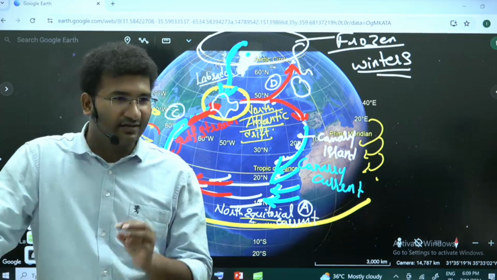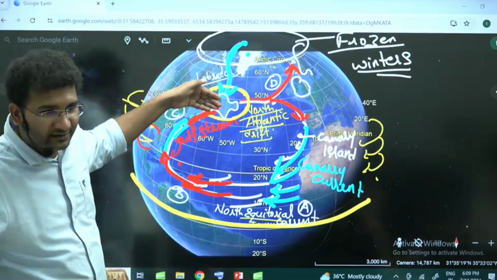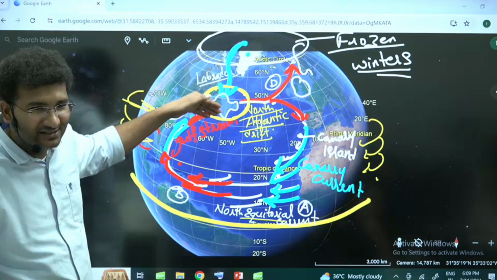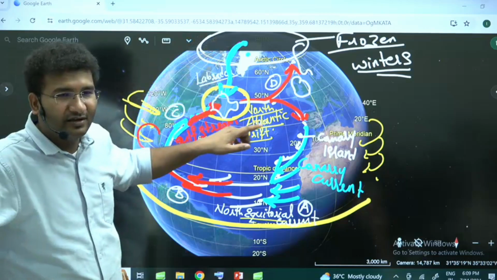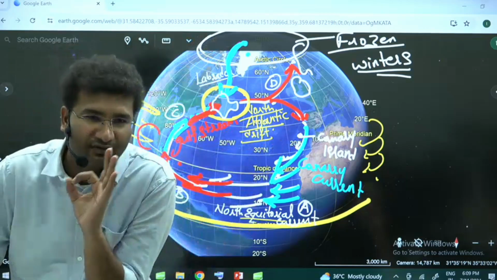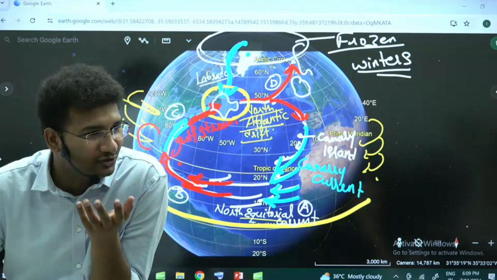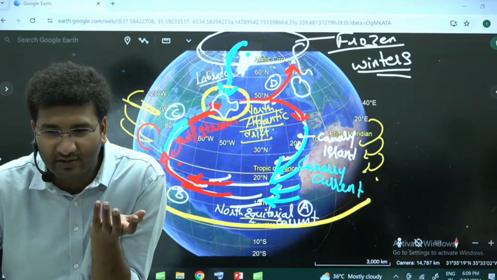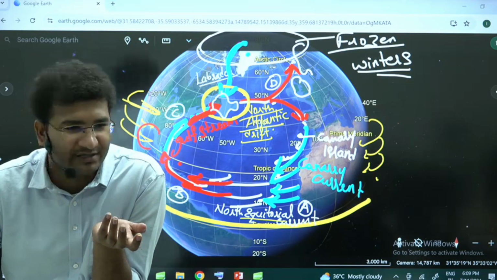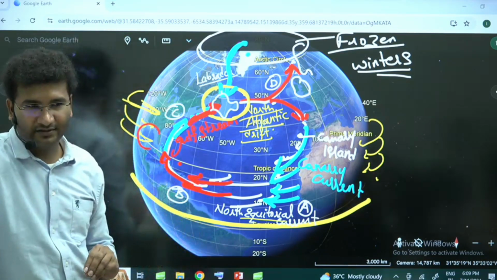Plus a good amount of fresh water is coming into this area. Fresh water from rivers also comes into this area, and cold water is coming, warm water is also coming, and this part of the area has one of the world's finest fishing grounds. Because the depth of the ocean is not too deep. The continental shelf depth is not more than 50 or 60 meters. So that's why good fish can be found here, right?